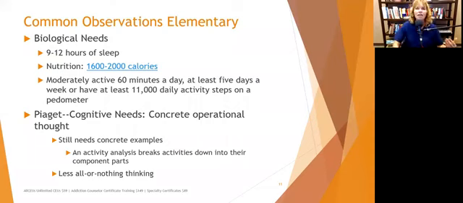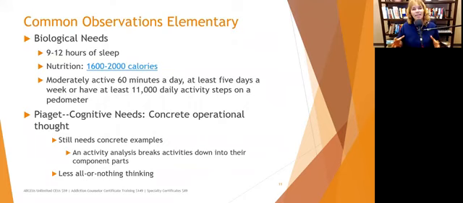During this age, cognitively, they still need concrete examples. So we want to use activity analyses, for example, to break activities into their component parts, to help children see how, when you're playing soccer, for example, an activity analysis of soccer would look at dribbling, would look at kicking, would look at defending the goal. I should have picked something I know more about, but you're breaking it down into those parts. If they are cooking, now I know that one, they need to get the recipe out. They need to get their ingredients together. They need to measure the ingredients, yada, yada, yada.